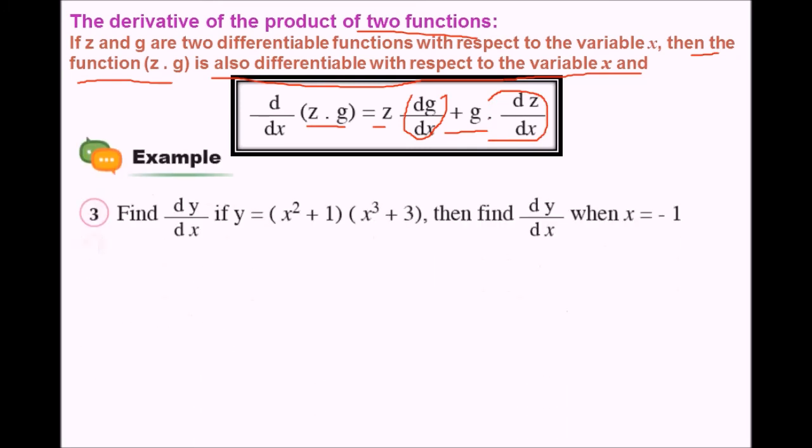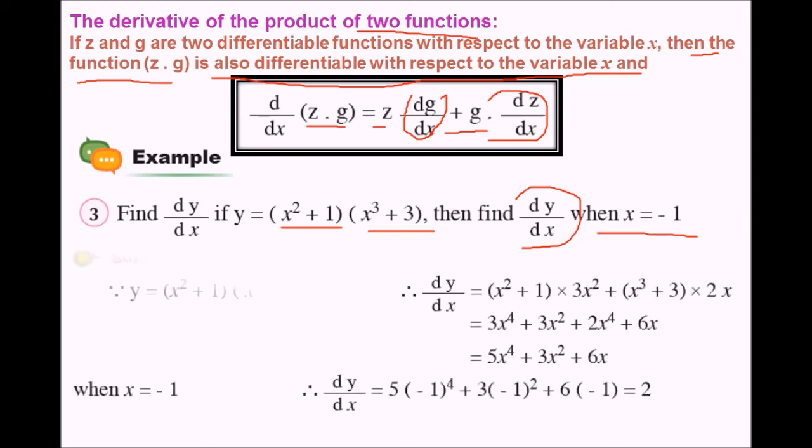Example: find dy by dx if y is equal x to the power of 2 plus 1 times x to the power of 3 plus 3. Then find dy by dx when x equals negative 1. Solution: